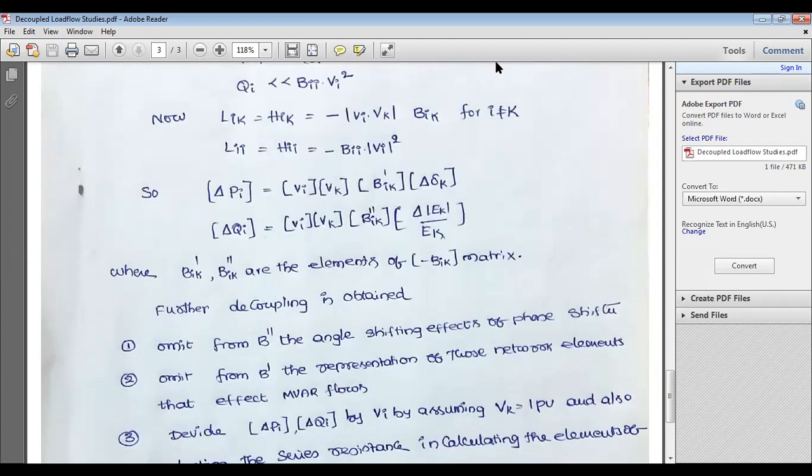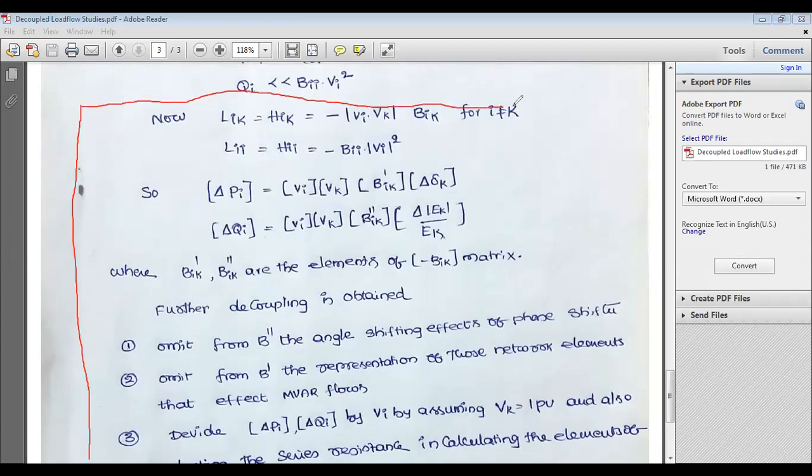This one is very important. So what for are we going to study the load flow, decoupled load flow and fast decoupled load flow studies? This one. So already we have derived the LIK, and we have also derived the off diagonal. That means diagonal elements and off diagonal elements. Diagonal elements are LII or HII. Off diagonal elements are LIK and HIK. So those are the original expressions we have derived. So finally, these are very very important. This is your final conclusion, the final conclusions made from the decoupled load flow studies.